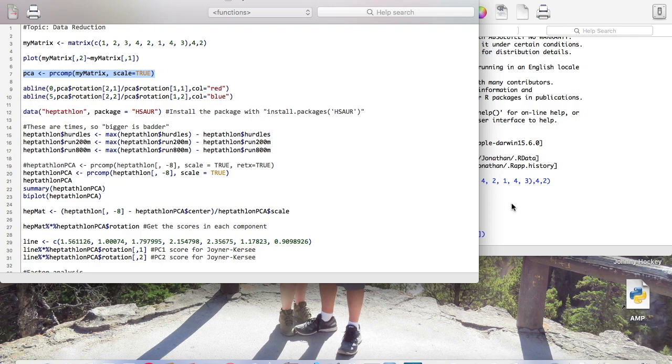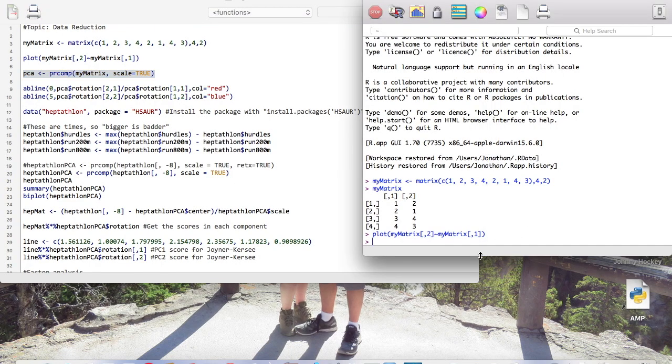To do this, we're going to use a procedure called principal component analysis. What principal component analysis does is it finds the axis of most variation in the data. Then it says, of the remaining directions for the data, find the direction vector that is perpendicular to the first direction vector and explains the next most variation in the data, and then repeat. And what we would see in this case